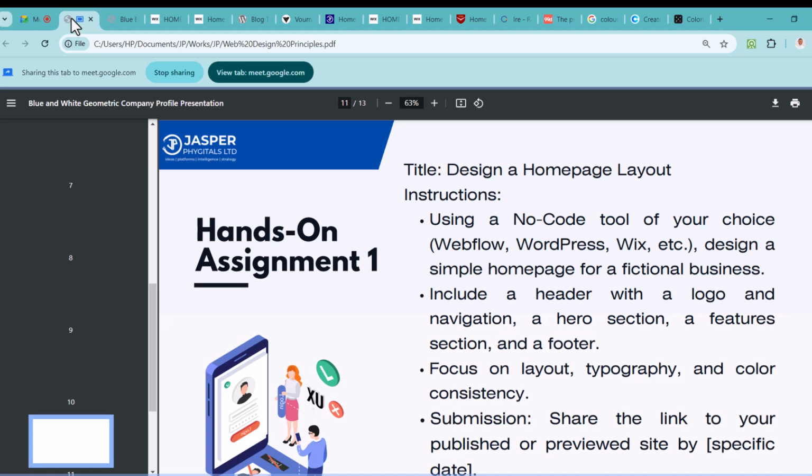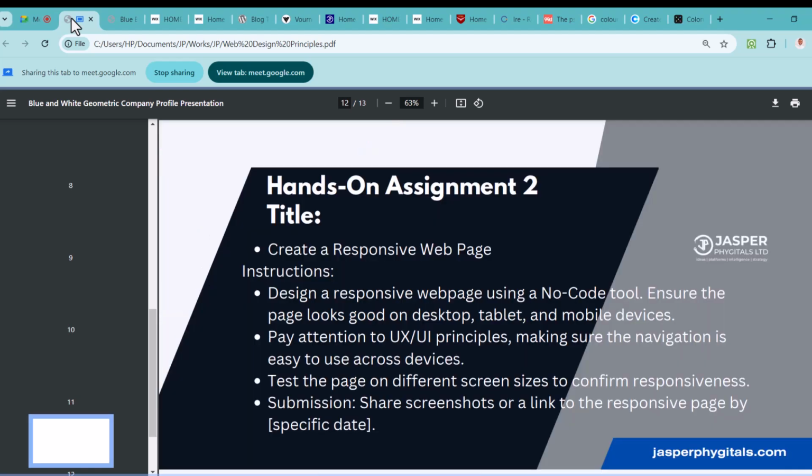That might be nice. And let there be a header. You can remove any irrelevant content that came with a template you are trying to use and add your own content that you want. Okay, so then the layout, the typography, the color consistency, all of those things have to be proper. The same thing is applicable to this. So let's just work on them and try to make sure that the website, either on laptop or desktop or tabs, is actually appearing aesthetic. It's looking nice. Okay, so that will be all on